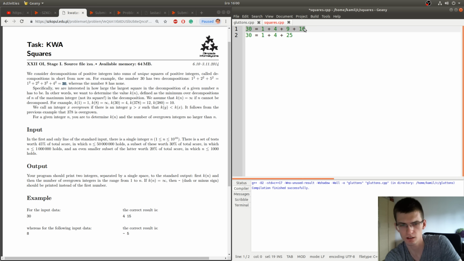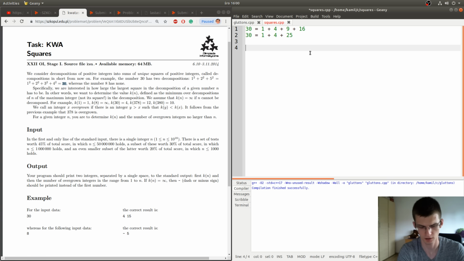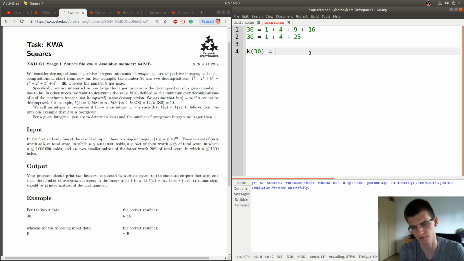So k of some number is that largest value. So here k of 30 will be 16. Well, it's the square root, so it's 4.